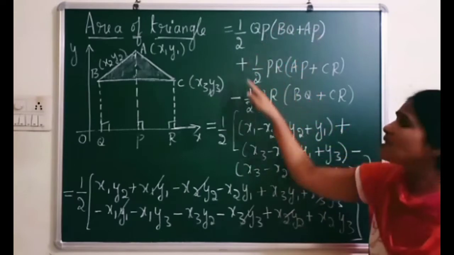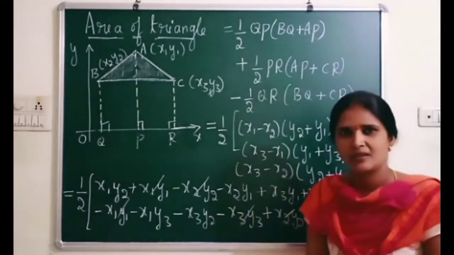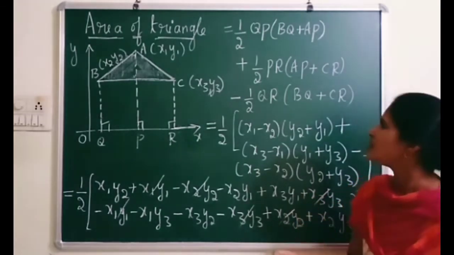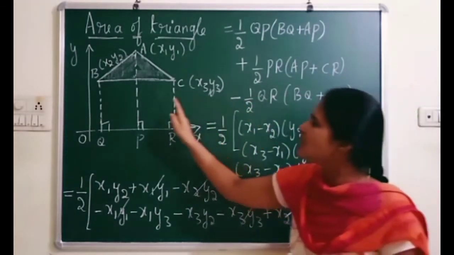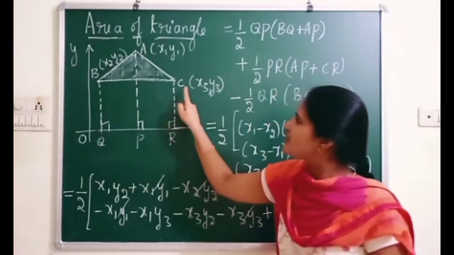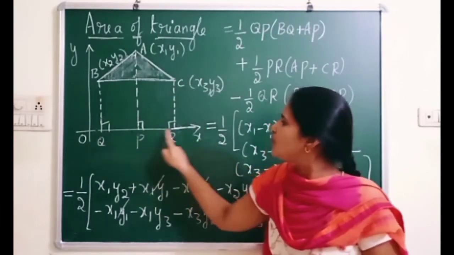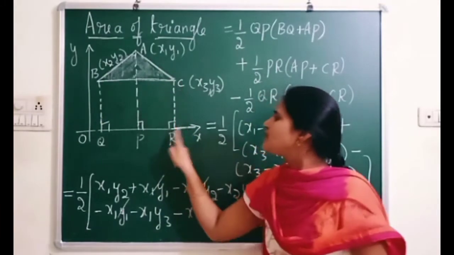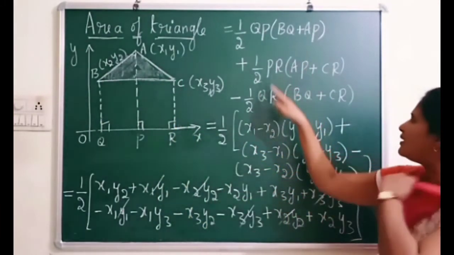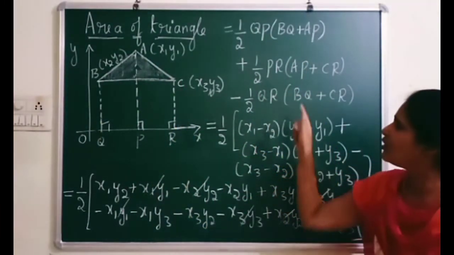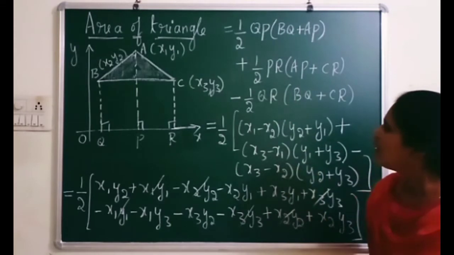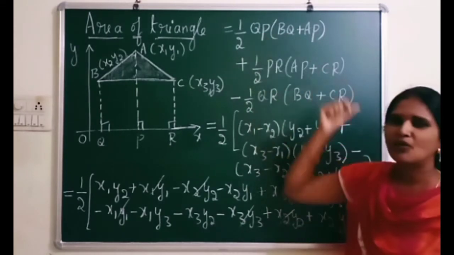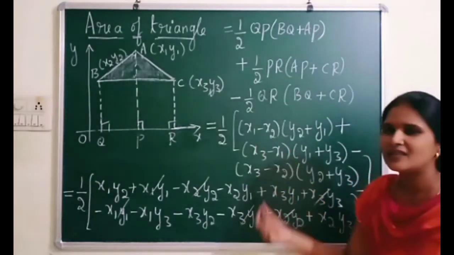Why have I written all this half? Because you know all three are trapeziums. Area of trapezium is half into h into sum of parallel sides. So minus which trapezium now? BQRC. So half into height is what? QR and sum of parallel sides are BQ plus CR. So we have entered all the formula, that is area of trapezium, for three trapeziums. Now let us see every height and sum of parallel sides, and try to analyze this with a